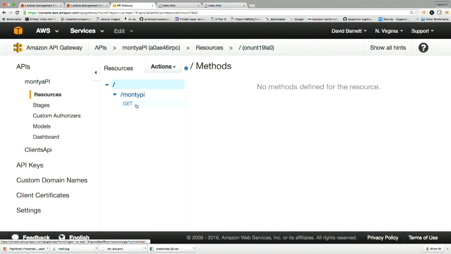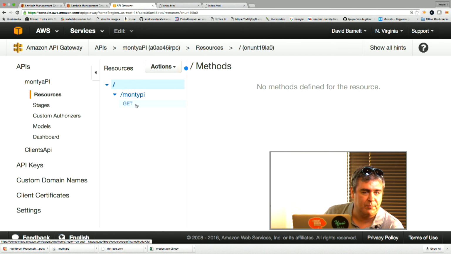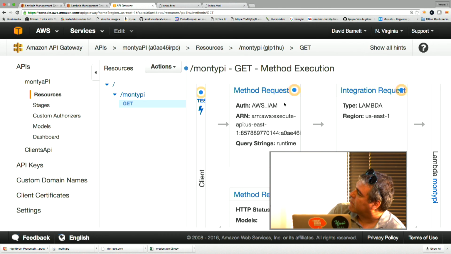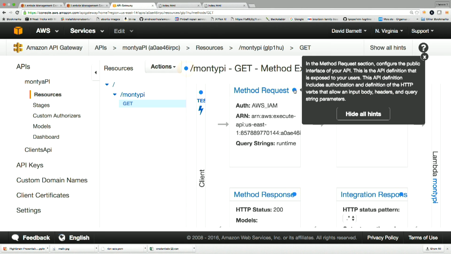It is very, very cool. It is very hard to work with. I'm really looking forward to it being easier. You create an API Gateway, and you create a part of a URI. So I would go to my API Gateway /montypie, and I could create a get, a post, a put, a delete, all of the HTTP defined actions. And when you do that, you get four separate pieces. These glowing dots are tooltips. These are new. It's actually pretty useful.